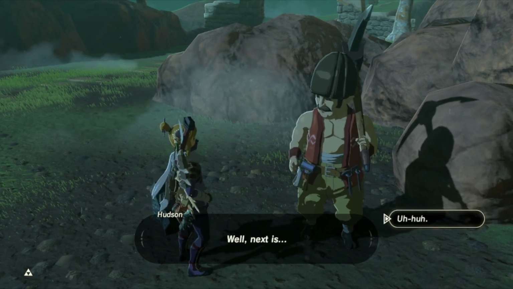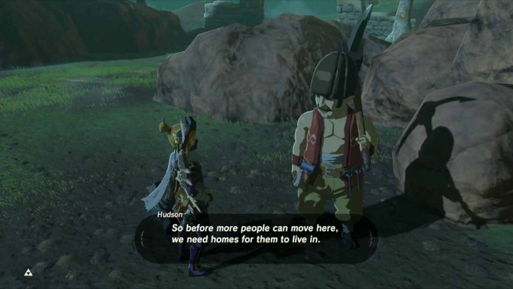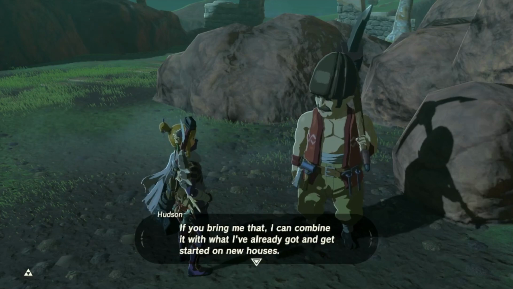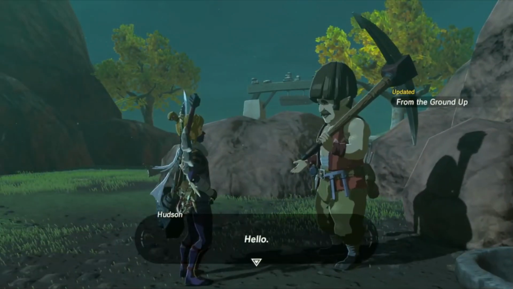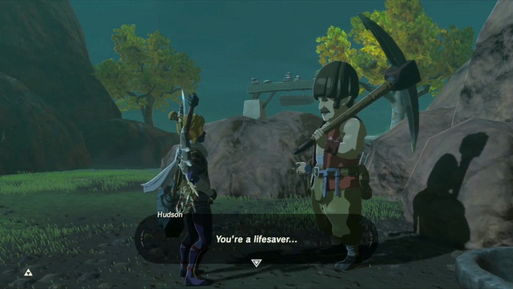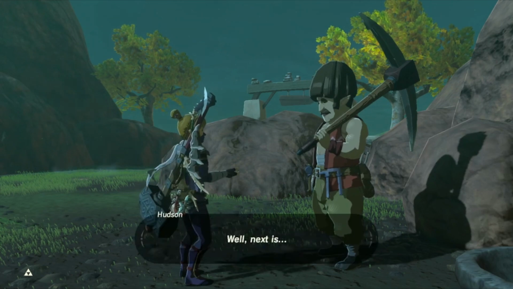Well, next is... So, before more people can move here, we need homes for them to live in. Can you bring me 20 bundles of wood? If you bring me that, I can combine it with what I've already got and get started on new houses. Sure, here you go. Yep. Sure. You're a lifesaver. Well, next is...